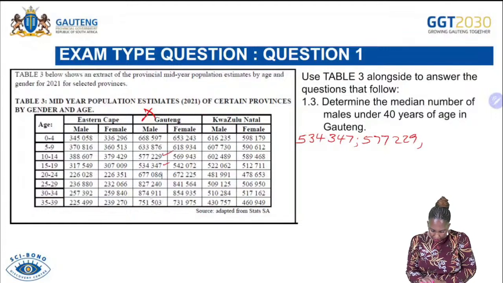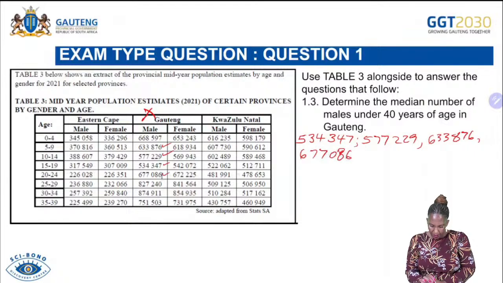We are done, and then followed by the next number being 633. We are done, and then followed by 677,086, it's out, and then followed by